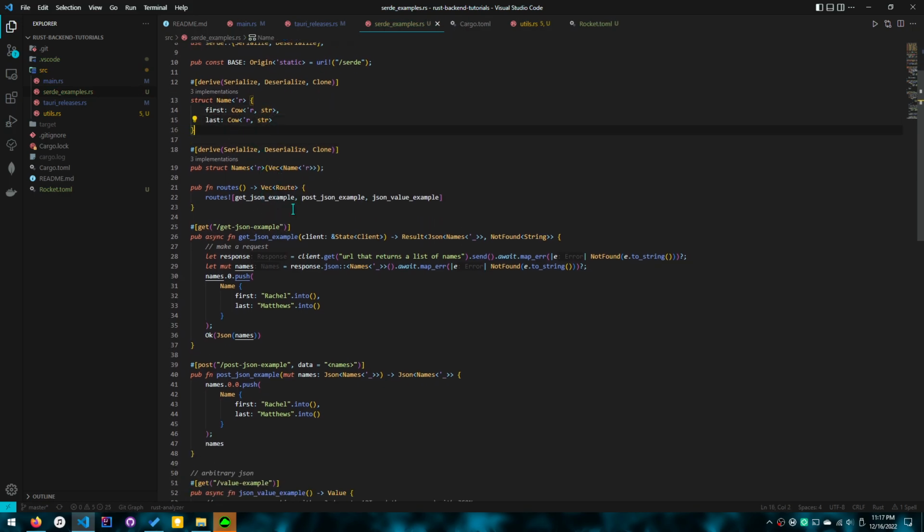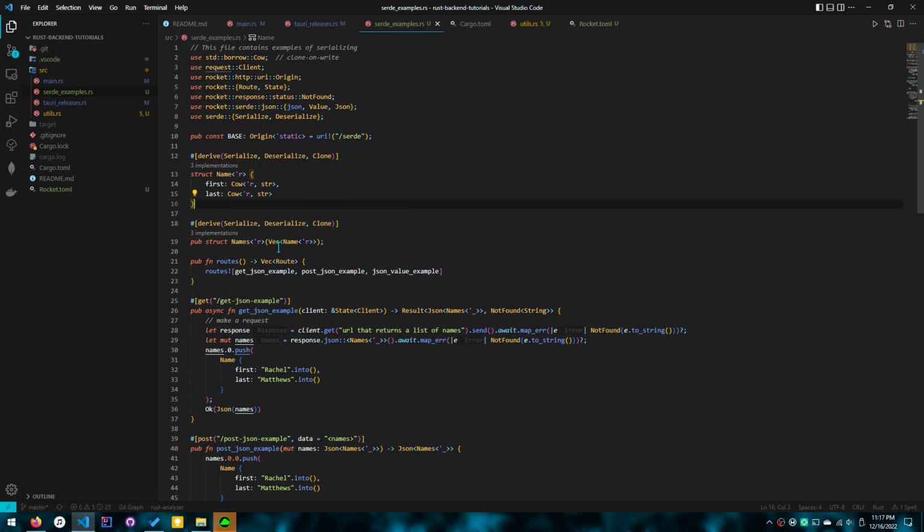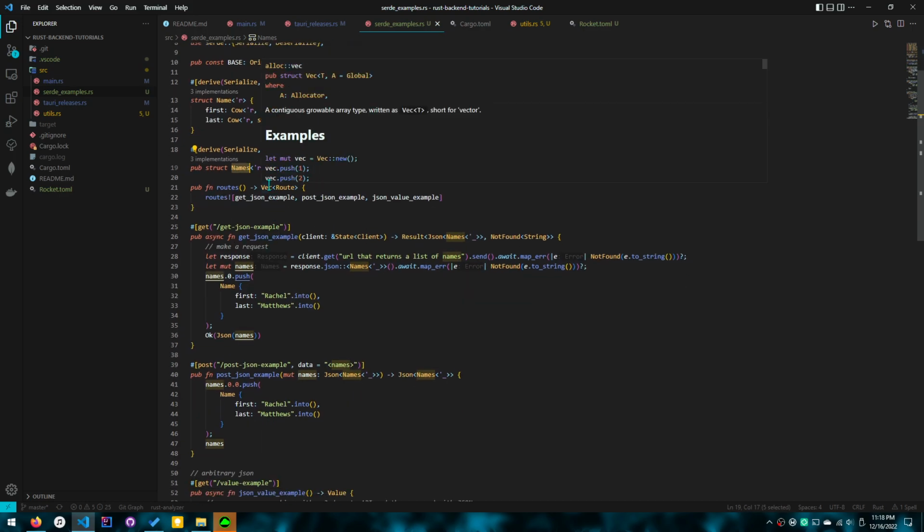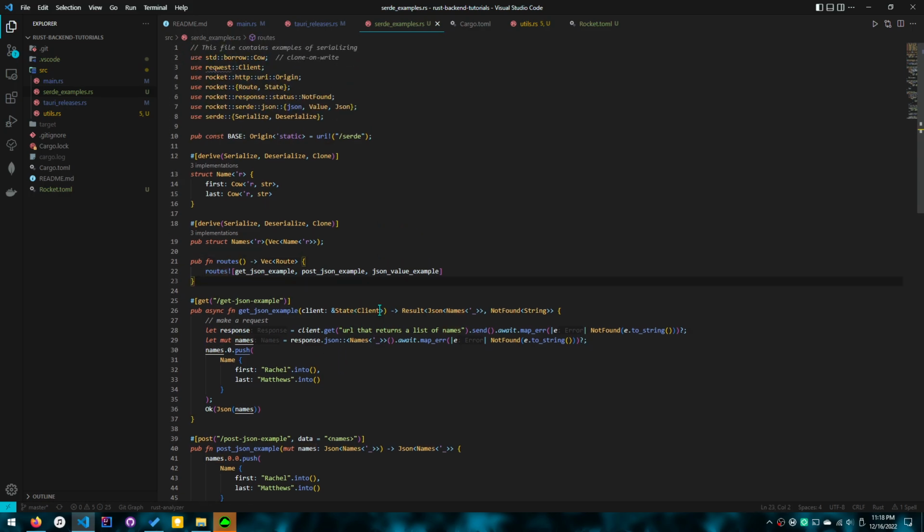And I've also provided a more complicated example. So what if you wanted to nest it? Here I have a vector of names, and I've called it names. It's kind of funny, but yeah. And over here is the routes. So this is what I'm talking about in terms of